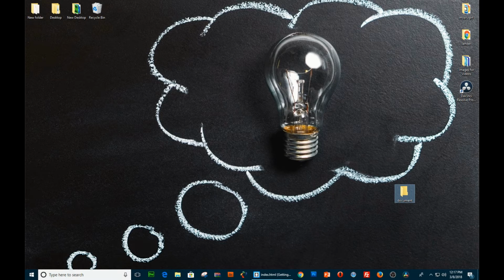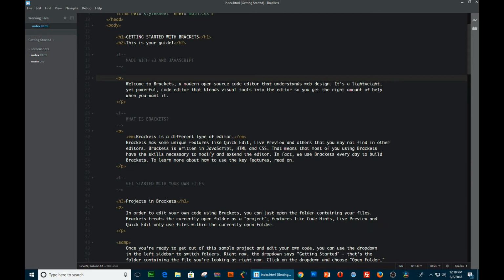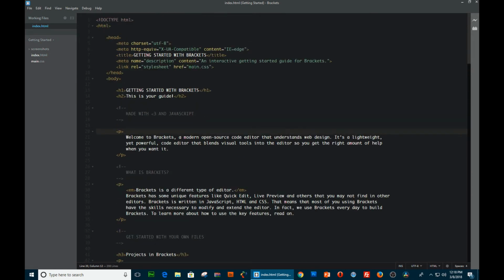I already have it open here. So if you see this here, it's just giving you information about Brackets. So it's basically a guide, as it says in here. So you can read on or you can just delete it, do whatever you want with it, okay? But we're gonna open the new folder we just created. So just click here, open folder,